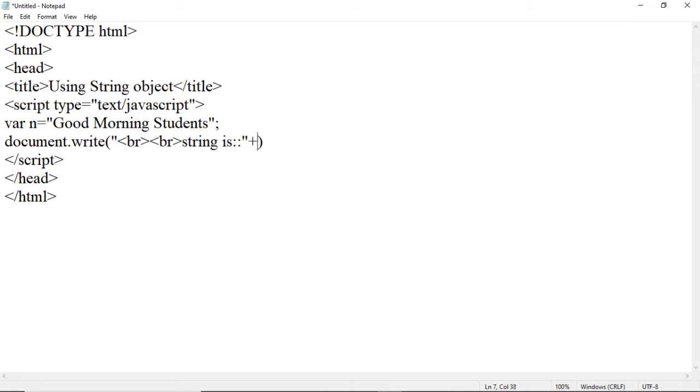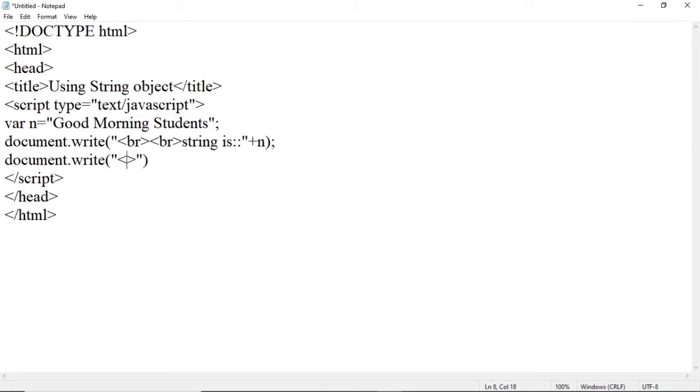For that, I have to use a variable. In which variable has this string been stored? In variable n. So we have to specify n here. So here that string will get displayed. After that, if we want the length of that string, then again we have to write document.write in brackets, in double quotes.